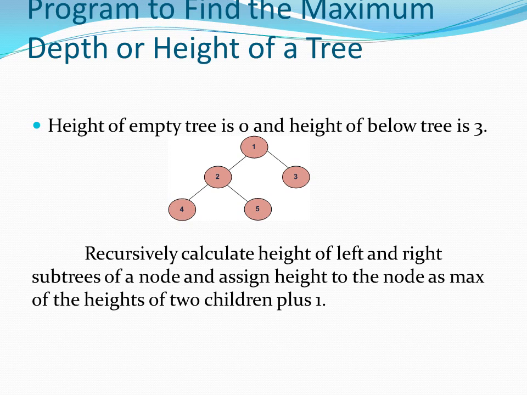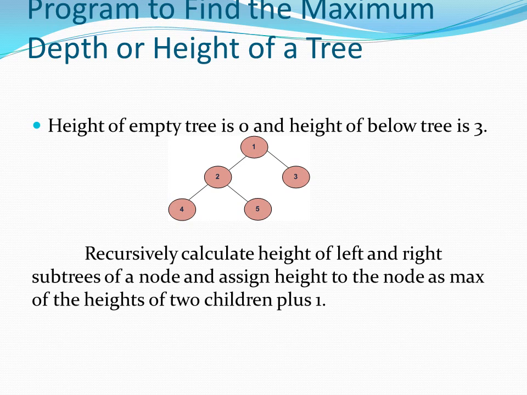To find the height of the tree, we have to find the height of the left subtree and the height of the right subtree. After that, we have to choose the maximum among the height of the left subtree and the height of the right subtree. Then add 1 to that value. That is the height of the